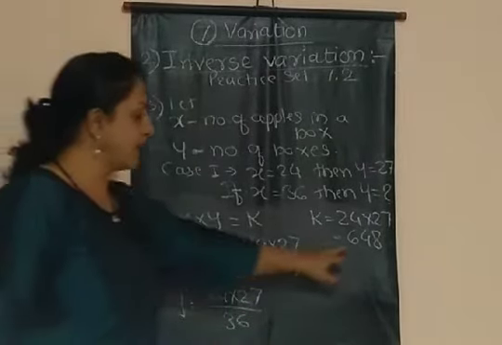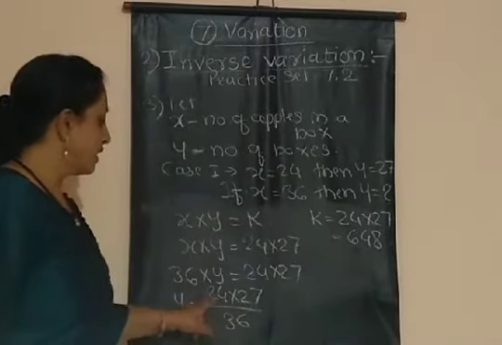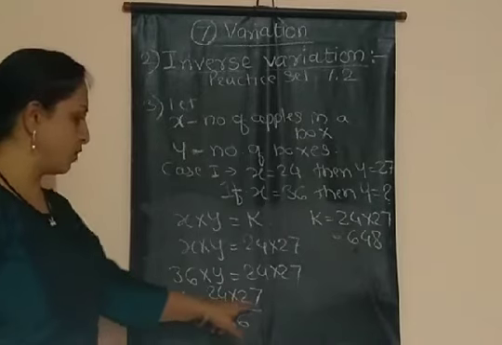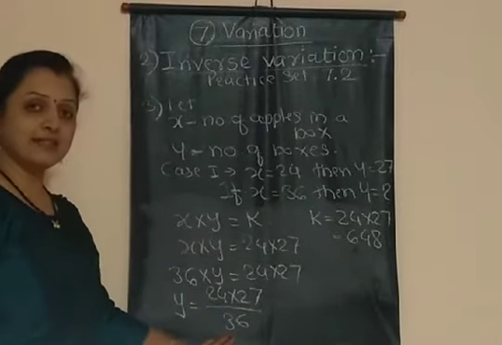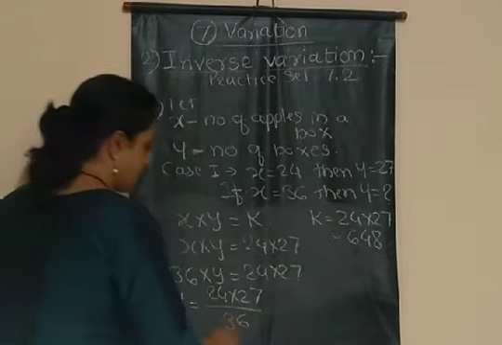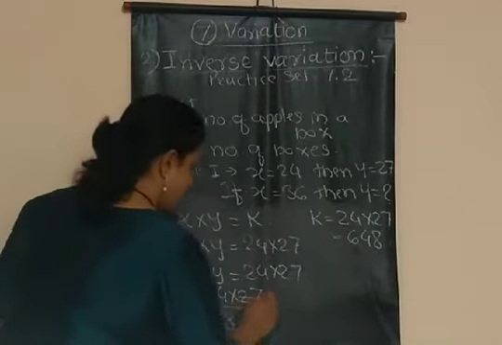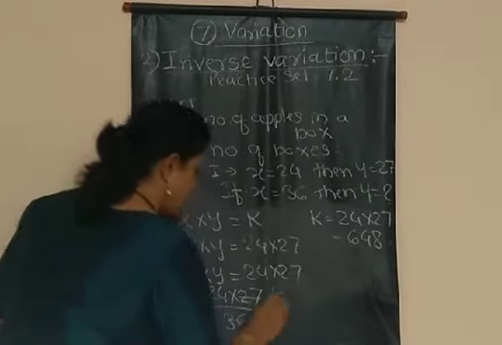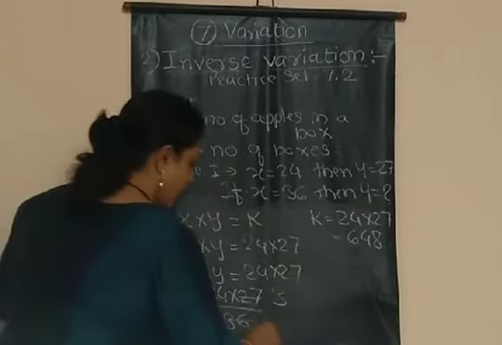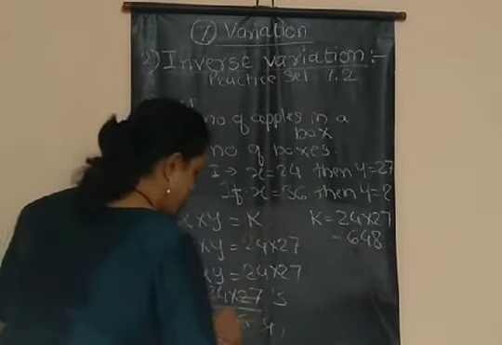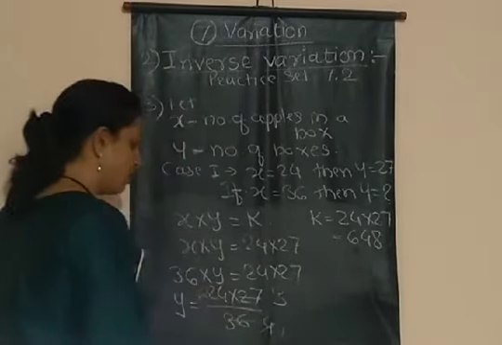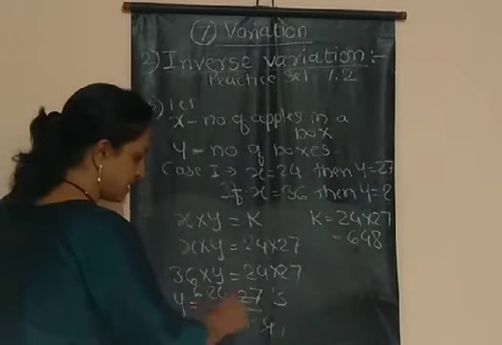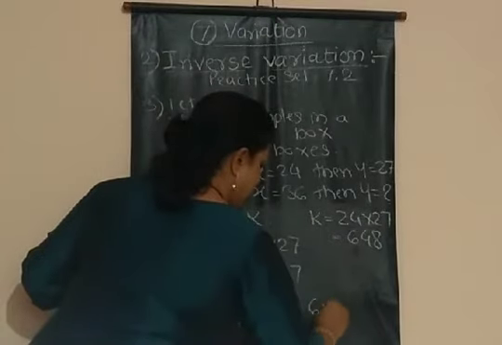So you can see, if we take the value 648 of k, then the division will be difficult. But if we take the two products 24 into 27 separately, then we can easily divide it. So let us divide it. 9 3s are 27 and 9 4s are 36. Again you can divide here. 4 1s are 4 and 4 6s are 24. Isn't it? 4 6s are 24. Then we get at the numerator 6 multiplied by 3. So 6 multiplied by 3, how much?